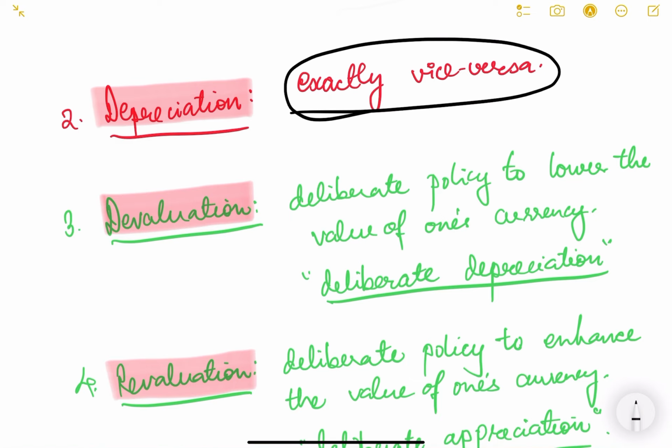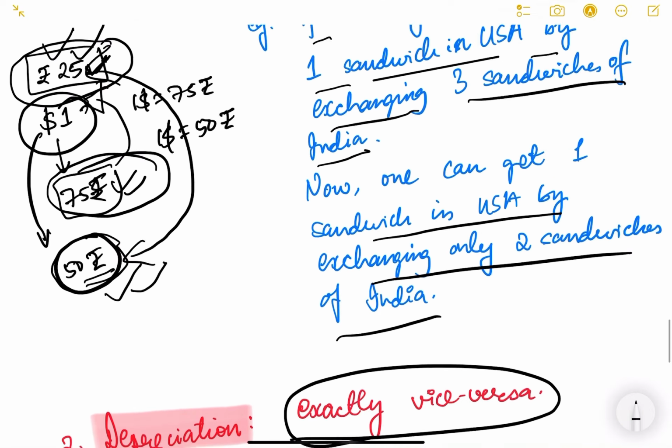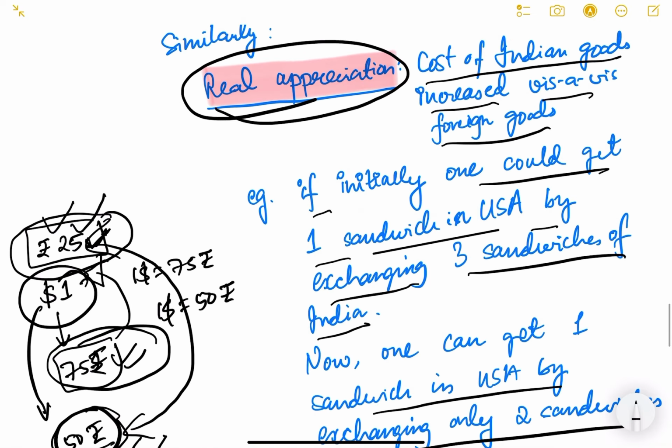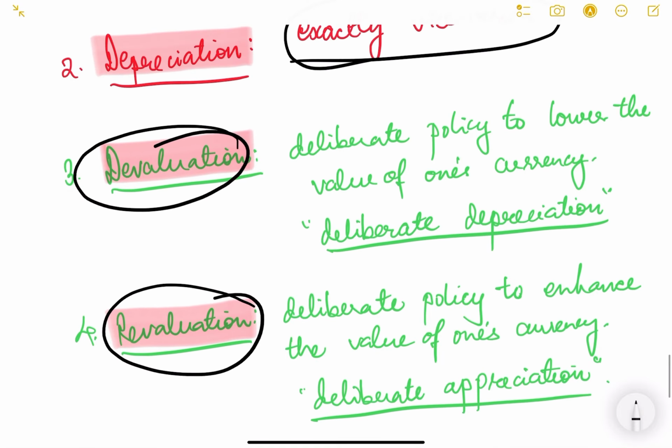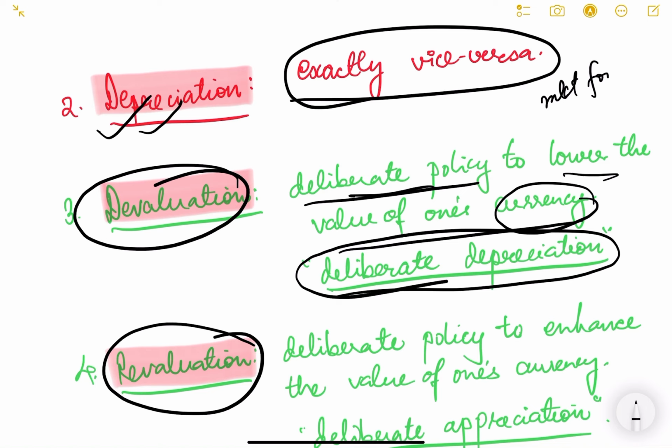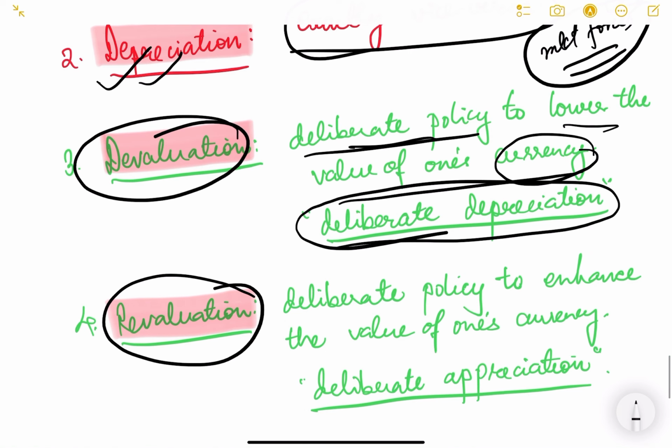Depreciation is exactly vice versa. Depreciation means that the value of rupee has decreased with respect to the foreign currency. Now there are another 2 terms, devaluation and revaluation. Devaluation is a deliberate policy to lower the value of one's currency. It is a deliberate depreciation. Appreciation and depreciation happen because of market forces; it is an automatic process. There is no policy to do it. But whenever RBI intervenes in the market and deliberately depreciates its currency to increase trade competitiveness, it is known as